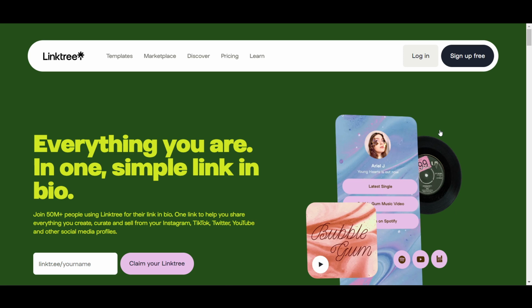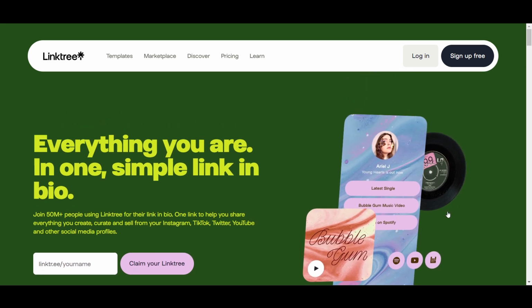Using Linktree to sell products is a straightforward yet very powerful way to enhance your online sales strategy. Right, so Linktree allows you to create a single link that hosts multiple other links, making it easier for your audience to find your products and services without the hassle of navigating through different pages. So it just becomes very easy to paste all your links in one place and customers can just view them instantly